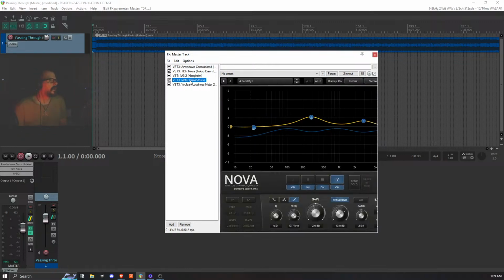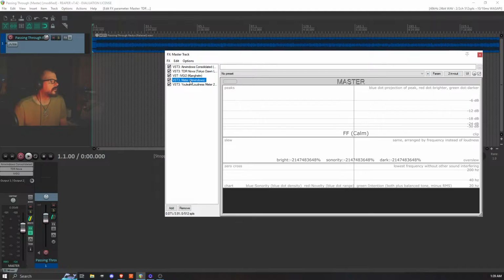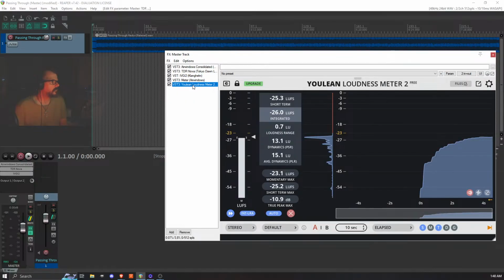And then next in the chain is going to be Voxengo SPAN, and then Airwindows Meter, Youlean Loudness meter, and there's also Airwindows Air4, which I haven't put in yet. I'm going to show you why I put it in. First, I'm going to show you